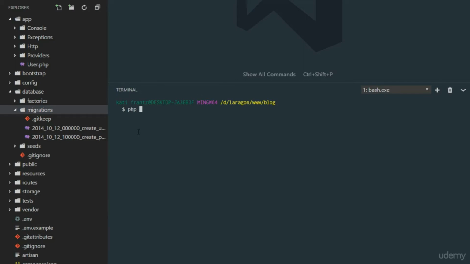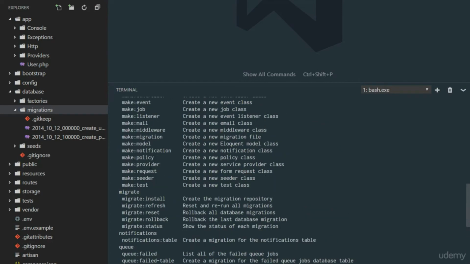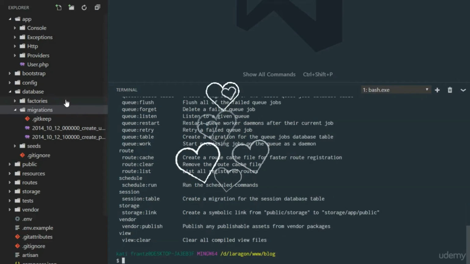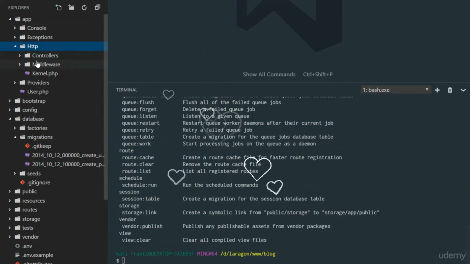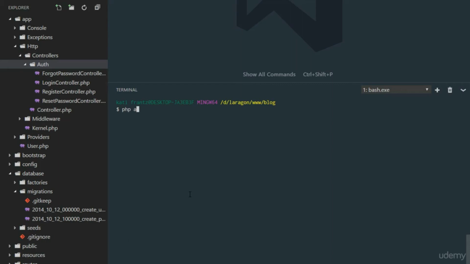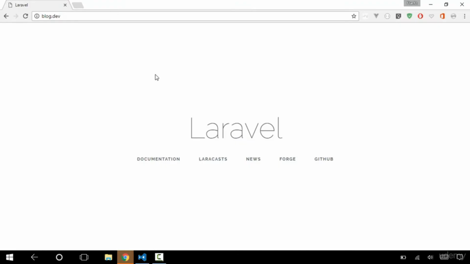So let's go ahead and run php artisan, and you discover that one of those artisan commands, which is the make:auth command, scaffolds a basic login and registration, views and controllers and routes and all that. Okay, so first of all, we have in our Http controllers Auth directory controllers already for authentication. So let's go ahead and run that command. So I'll say php artisan make:auth, and once this is done, first thing I'm gonna show you is a